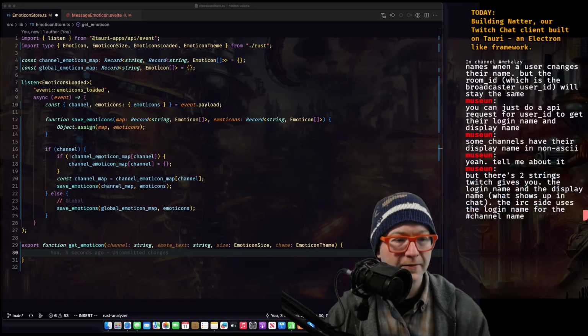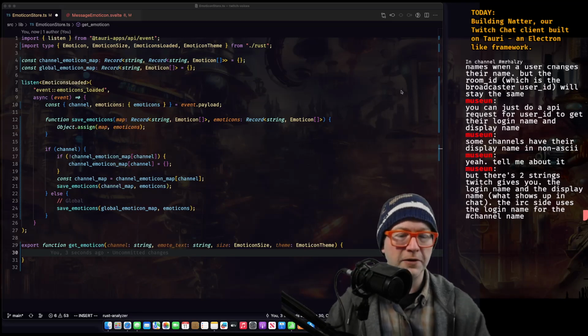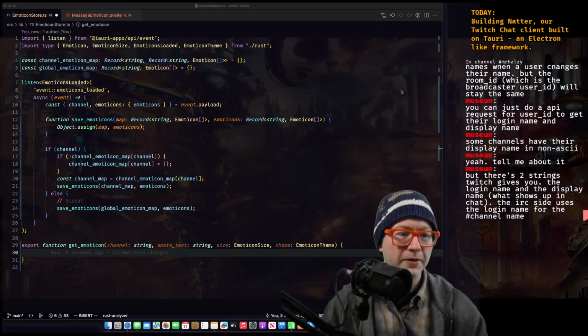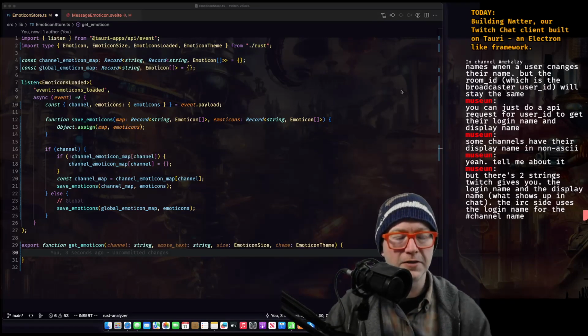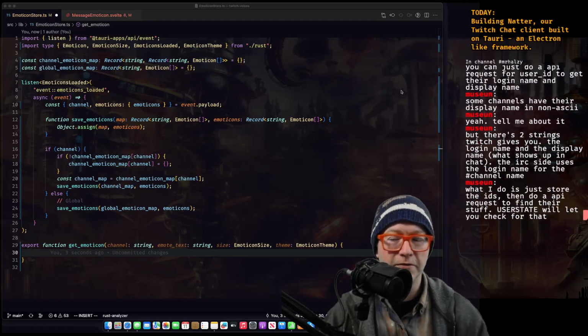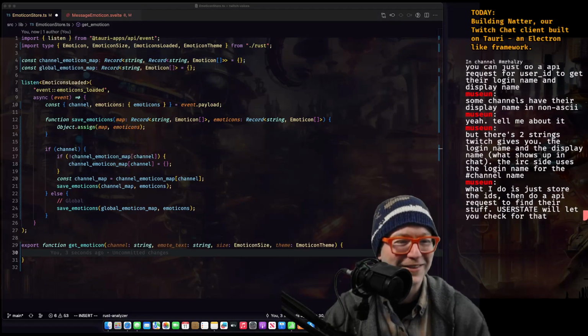I'm going to treat it as unique channels, as like somebody leaving one and creating a new one, right? And so I think it's fair and easier for me to do it this way. You just store the IDs, then do the API request to find their stuff.